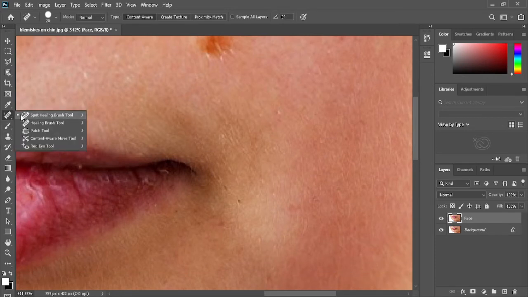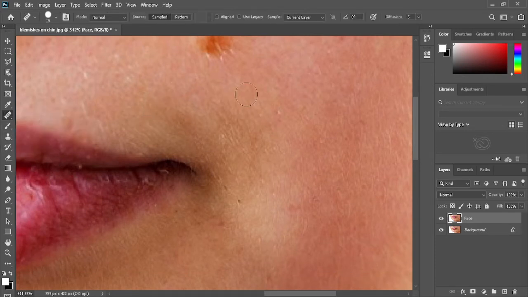And the second one is the healing brush tool. You gotta use Alt, sample any area, any texture on the skin. I'm just gonna sample this similar one that it should be in here, which is this, I guess. Okay, this one. And click it. Release the Alt and make it a little bit bigger. Just stamp it.